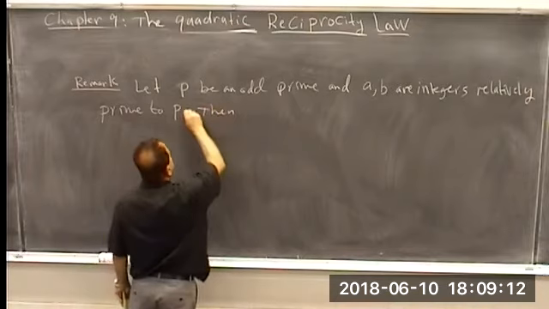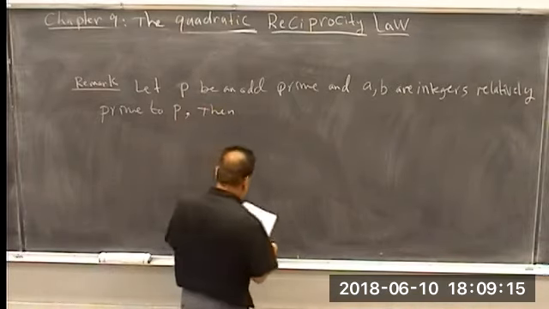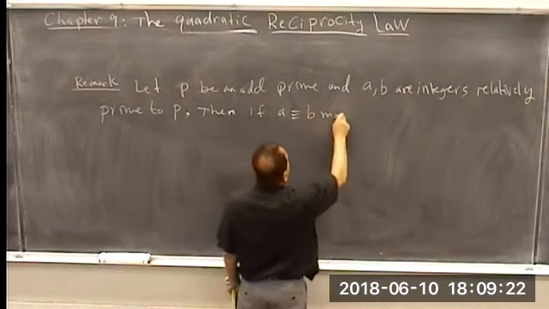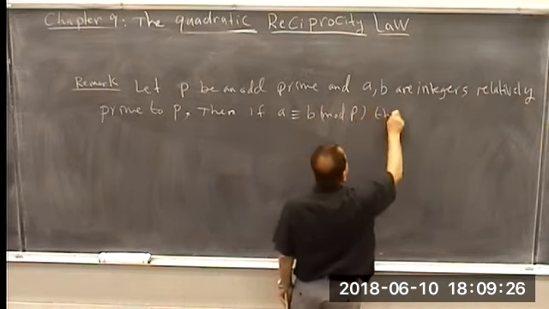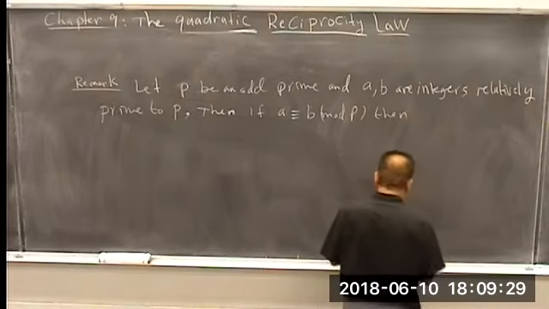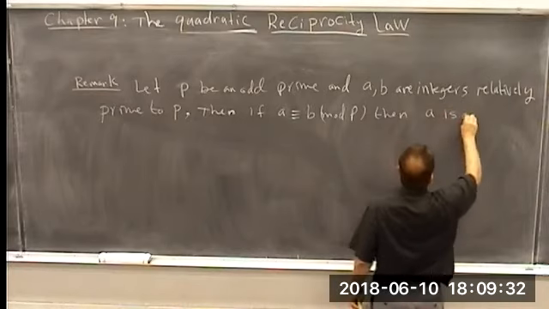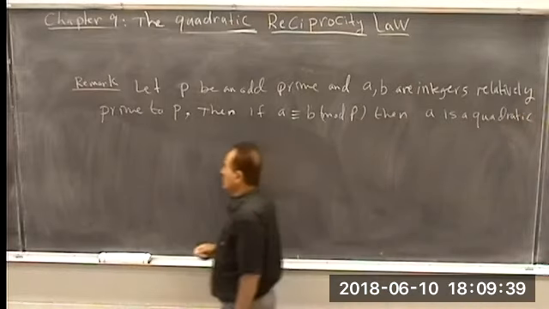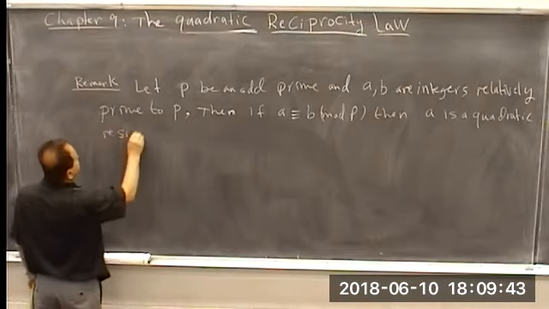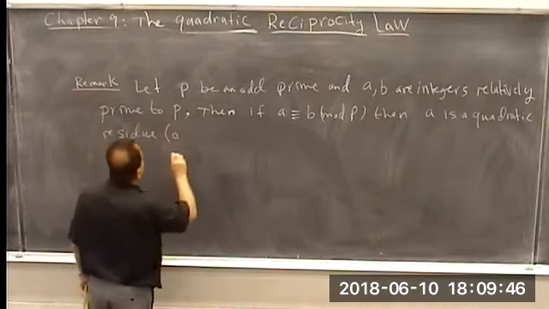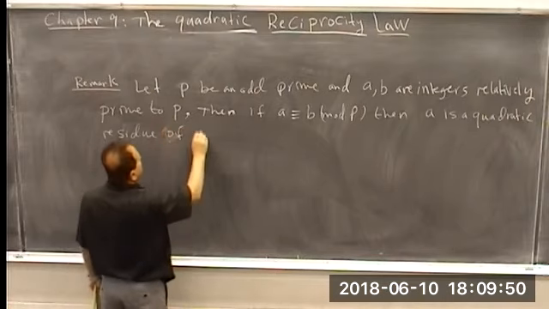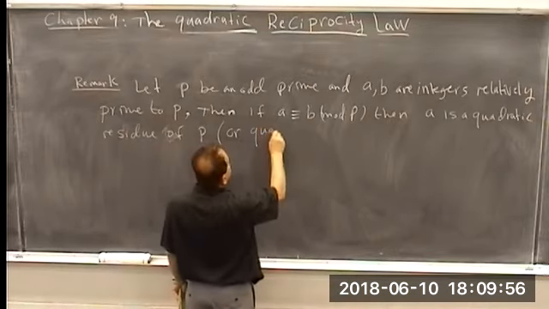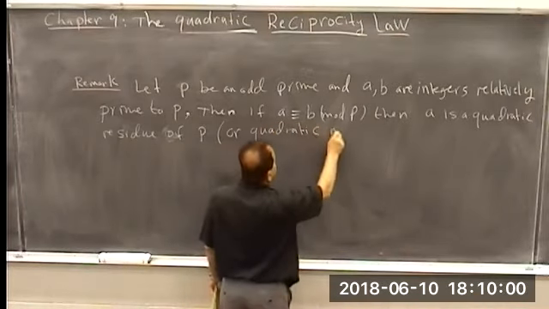Then if a is congruent to b mod p, then a is a quadratic residue of p, or I want to state two statements in one, or quadratic non-residue,